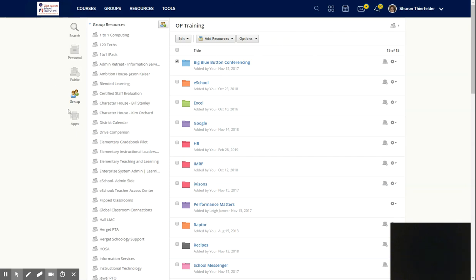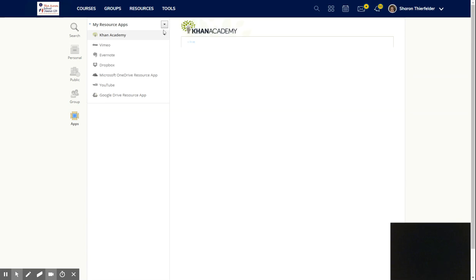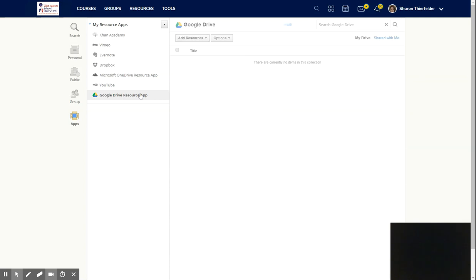And then lastly is this app section right here, which will show my installed apps, and I can put in my credentials if need be in order to sync it. So things like the Google Drive resource app that we're using in our classroom, this is where you would need to come in, and in order to integrate the Google Drive with your courses, or for your students to integrate their Google Drive with their courses, they have to give permission for Schoology and Google to interact with each other. And so to do that, you would come here to this Google Drive app,